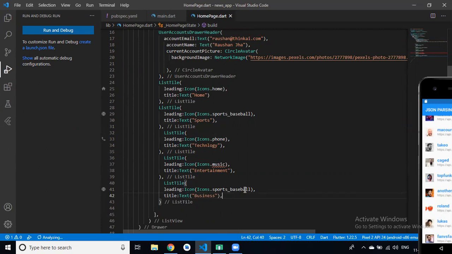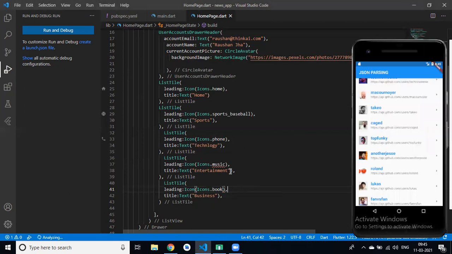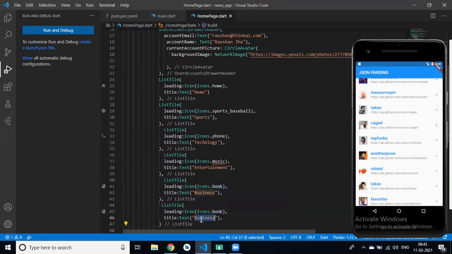Icon name please. Business name is there, Roshan, for icon also. Okay. And we have one more tile, that is close, meaning close the header, right?